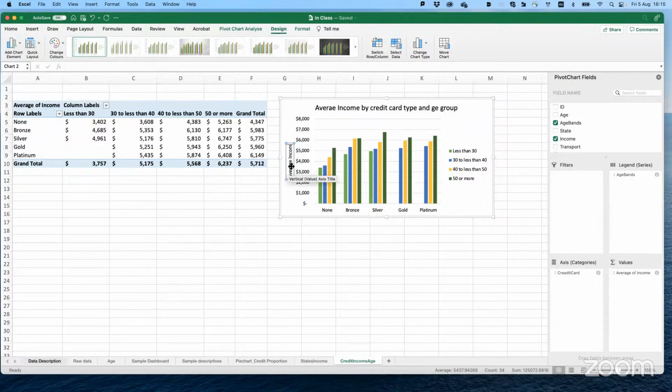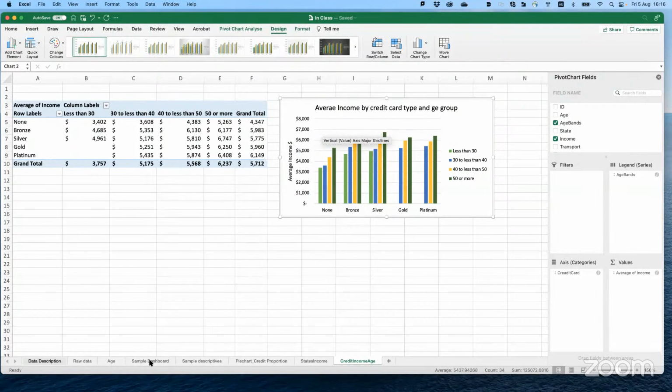Average income in dollars. That's a good pick, Sam. Very good suggestion. Again, it depends on how you want to create this.